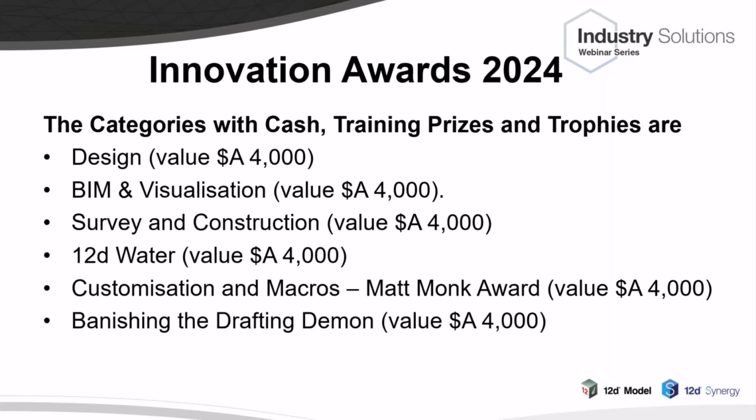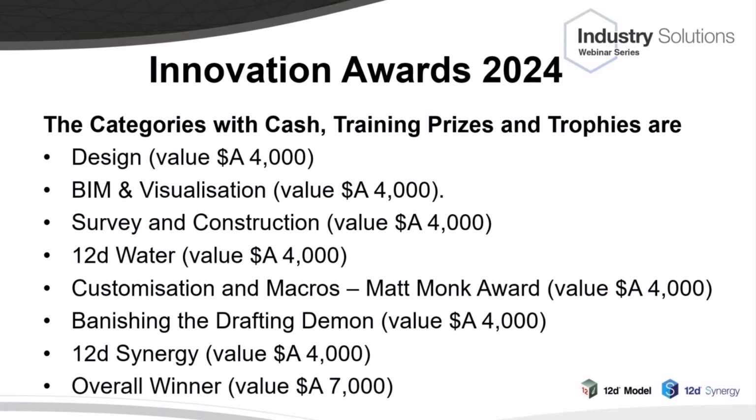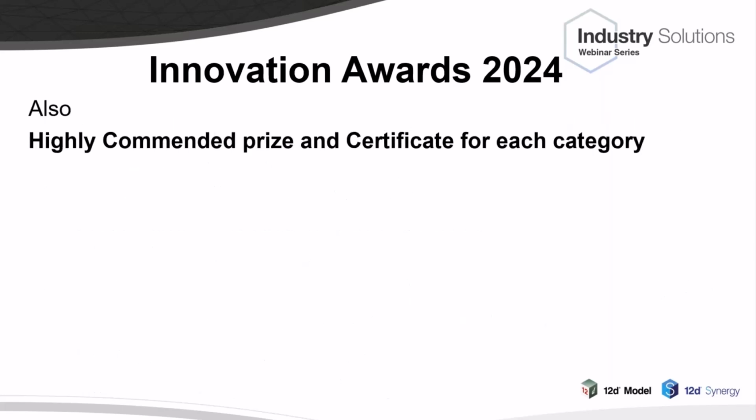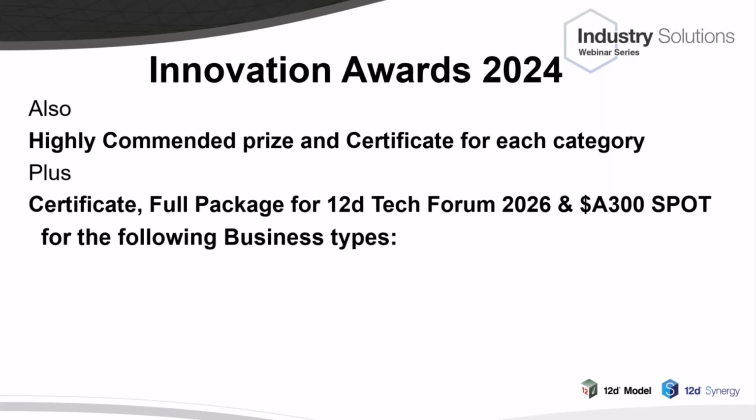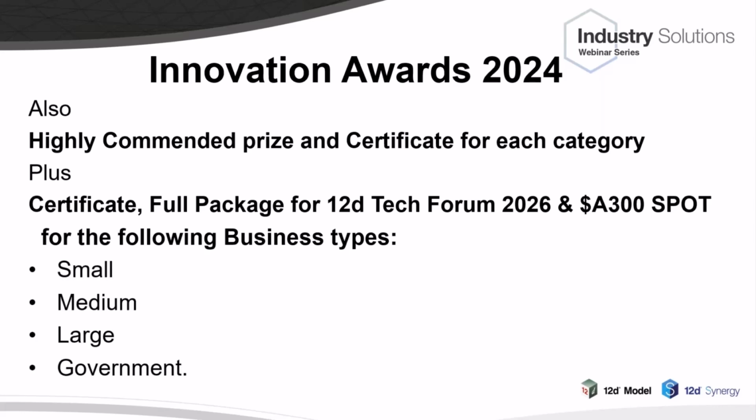This is for those who show how they can get a lot of data out of their 3D models without needing touch-up drafting. And also 12D Synergy. There's an overall winner's prize worth $7,000. You can enter any of those categories, and there are many different categories, with as many entries as you like. There are also highly commended prizes and a certificate for each of those categories. Plus, there's a certificate and a full package for the next 12D Model Tech Forum and $300 worth of SPOT